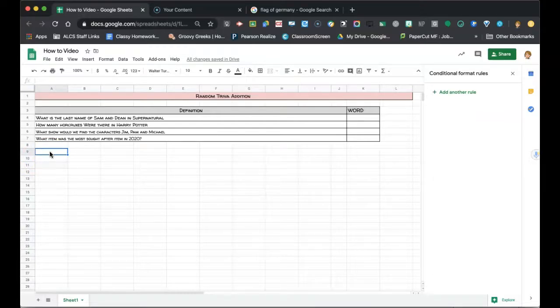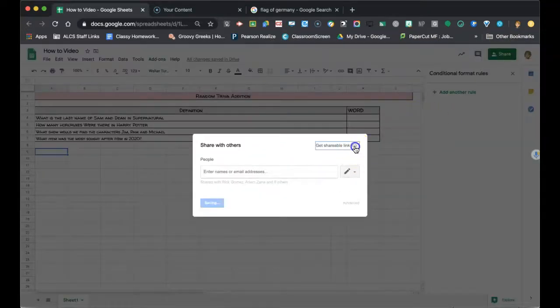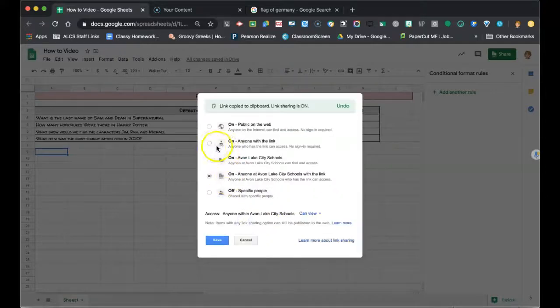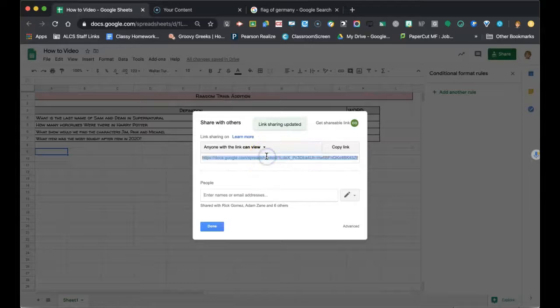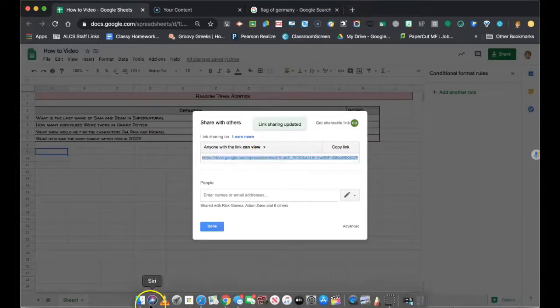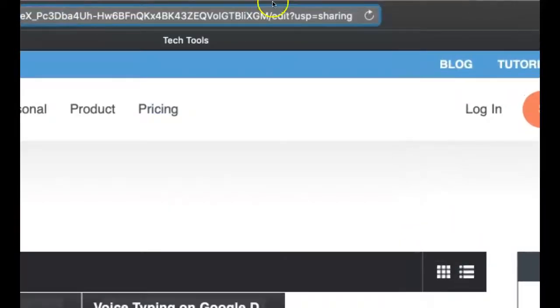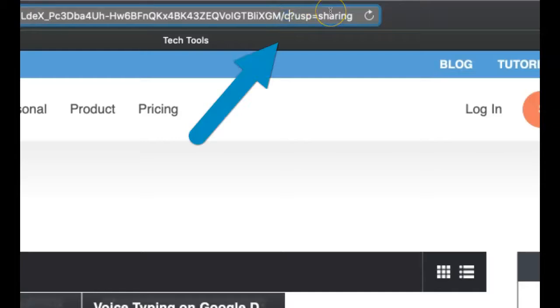But let's say you just want to give them the link. You can do a way where you go share, get shareable link, and let's say you want to share it, because I will share this where you can do a forced copy yourself. It will be available on the link. You go share, save, and if you copy this link down here, and then I always just plug it in, and if you go up here to edit and instead write copy,